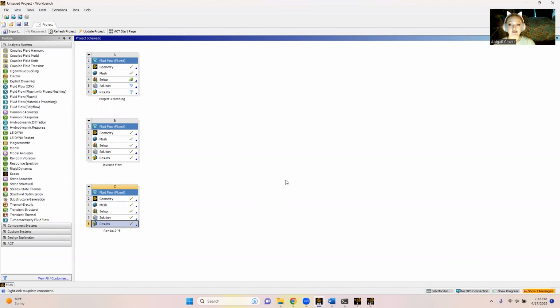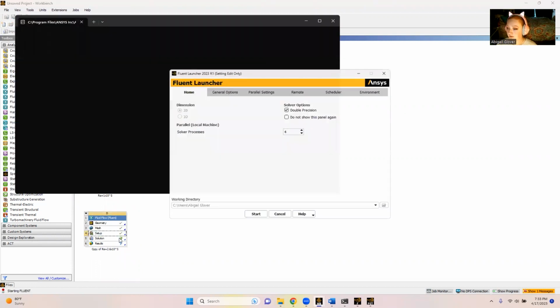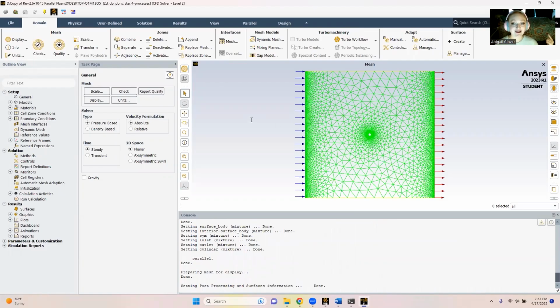And then the following two cases are just duplicating that. So from here, I'm going to duplicate my 1 times 10 to the 5th. You can duplicate the meshing or this one because the setup will be the same other than the velocity. So from here, though, we would go into setup. All right, now that I have the CFD solver pulled back up,